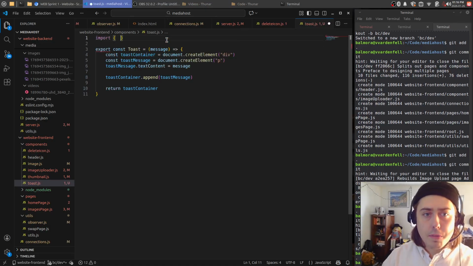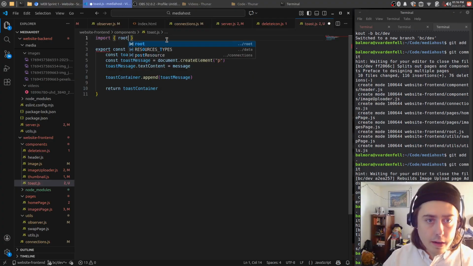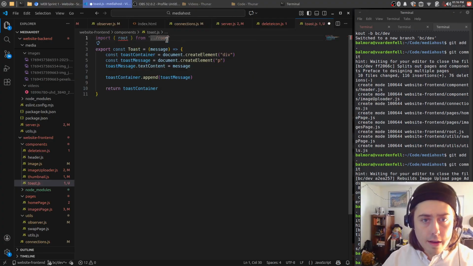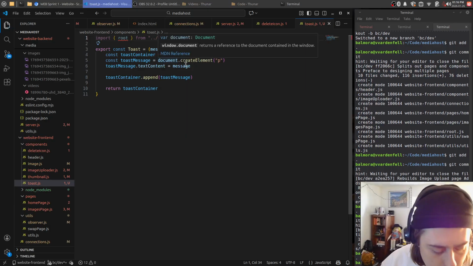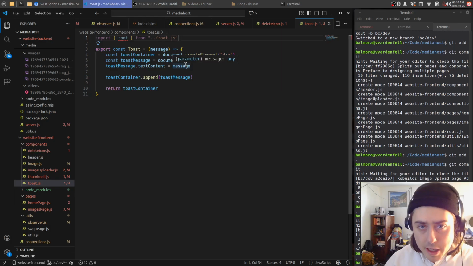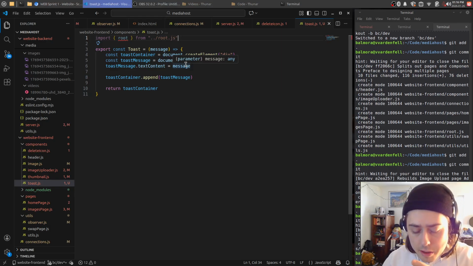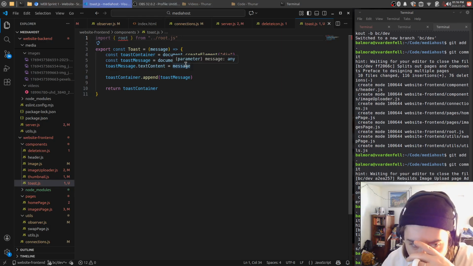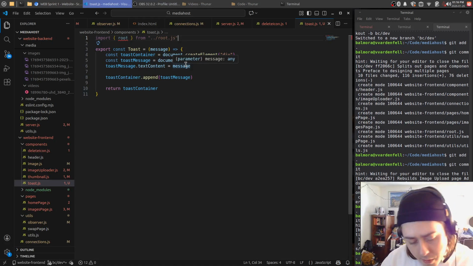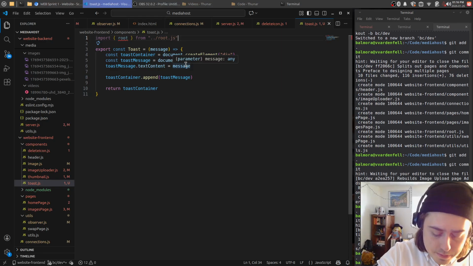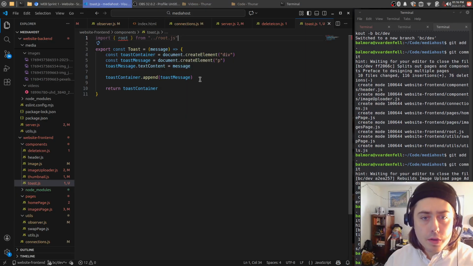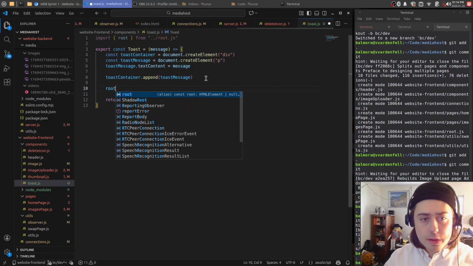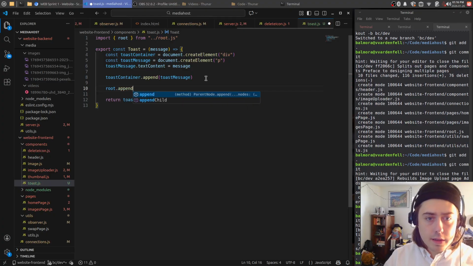Sometimes there's better ways to go about doing things, but also consider this: if you're always searching for the best way to do something, you never do the thing. Sometimes it's better to just prototype and implement and come back later and make it better. Okay, so yeah, why don't we do root.append